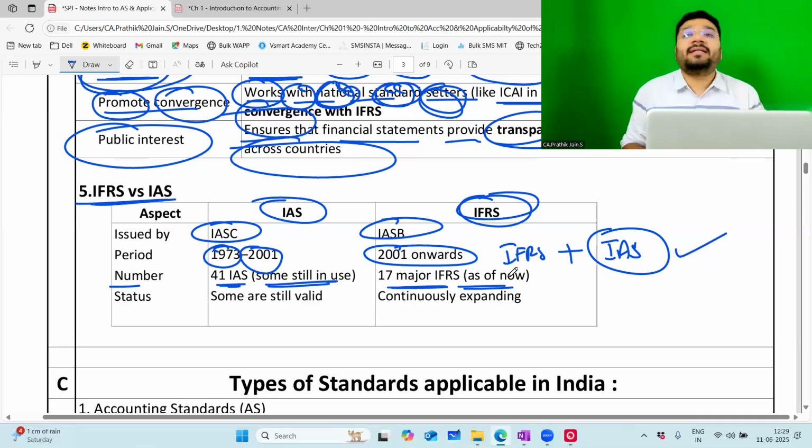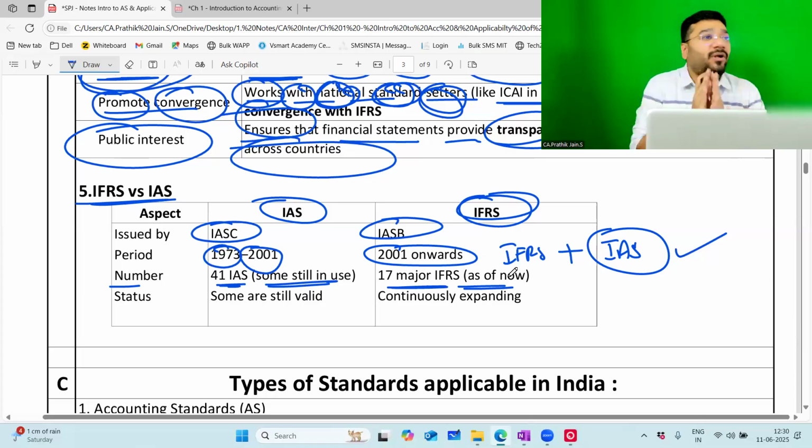Because tomorrow when you go and work in some MNC where Indian accounting standards will be applied, a manager will be sitting on top of you. He will ask, tell me, IFRS, who issued? You should say, IASB has issued. What is IASB? Before IASB, which was the previous board? IASC. So when you see it now, the answer comes instantly. To that level you have to study, because the questions can come anyhow.